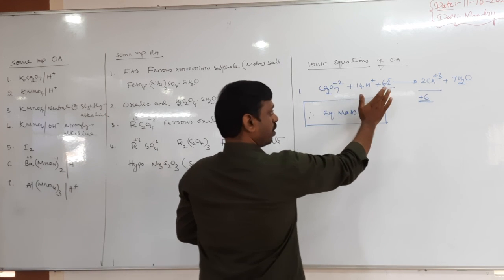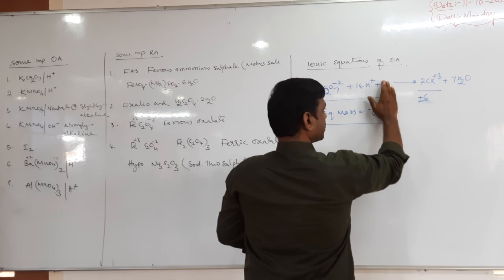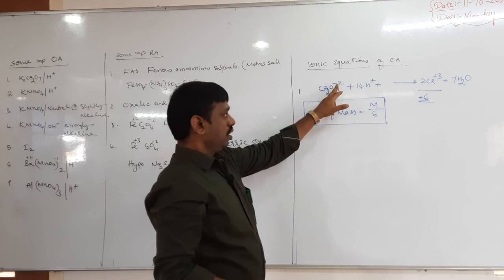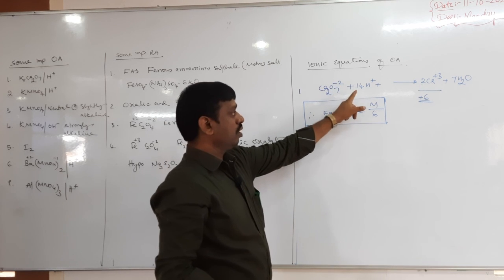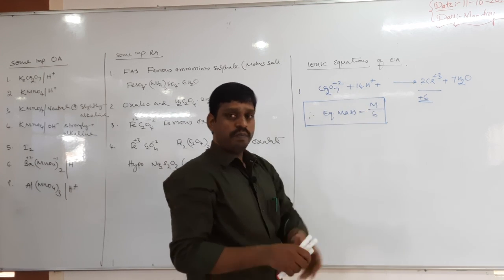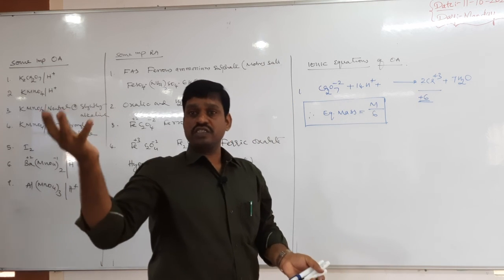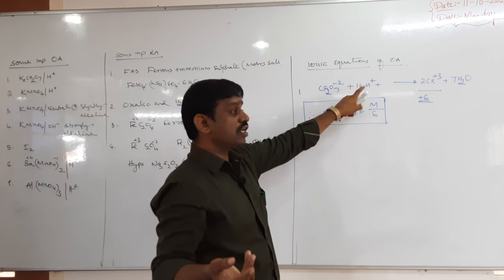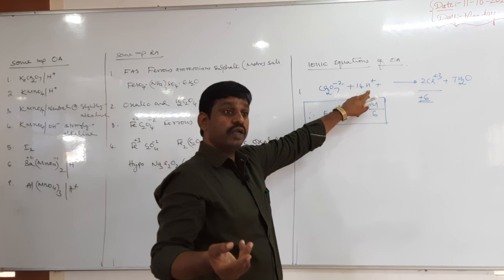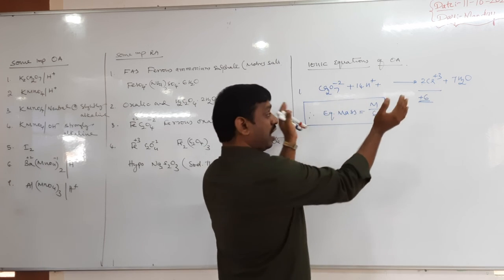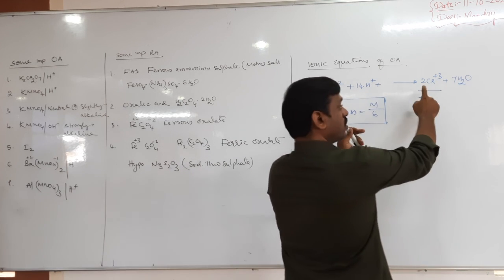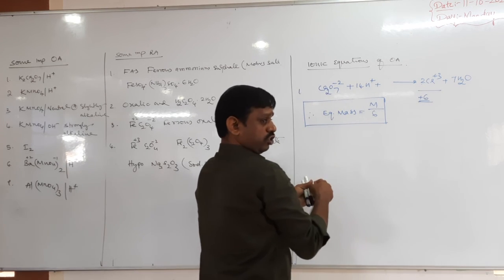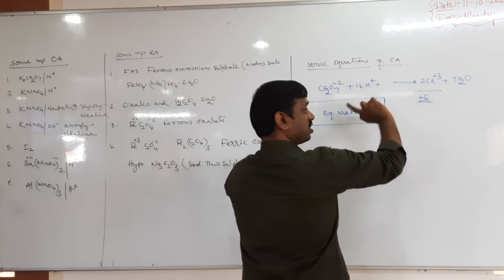See, why we have taken 6 electrons means we balance the charge. It is minus 2 plus 14. 14 positive charges are there and 2 negative. It means how many total positive? 12 positive. So on the reactant side 12 positive, and on the product side 2 times 3 is 6 positive. Here 6 positive, here 12 positive. So therefore I want to make them 6 and 6.